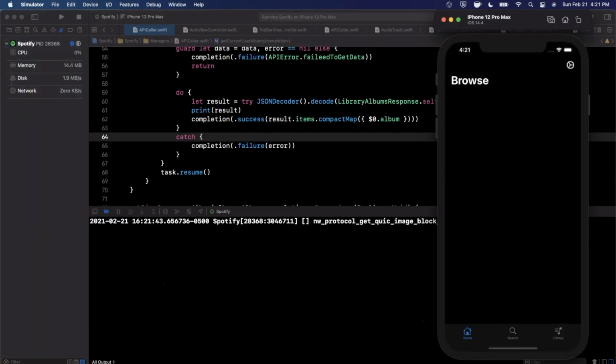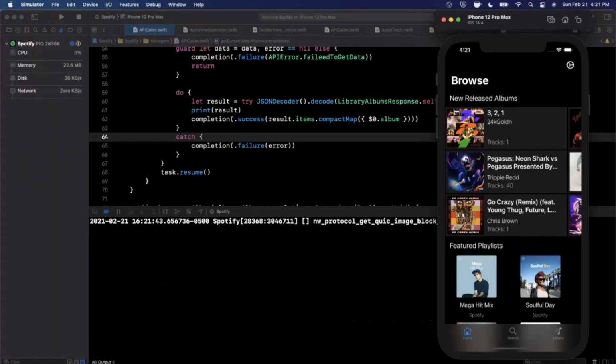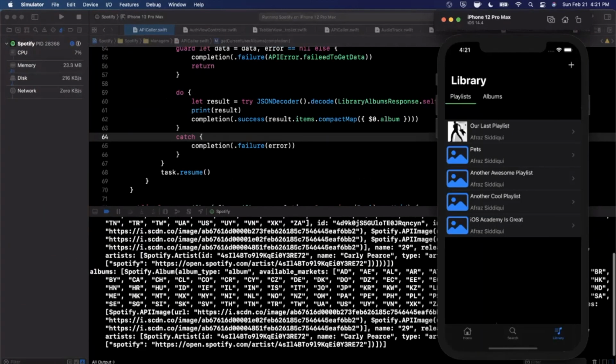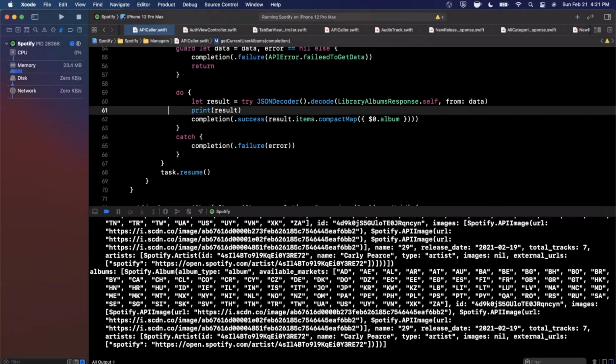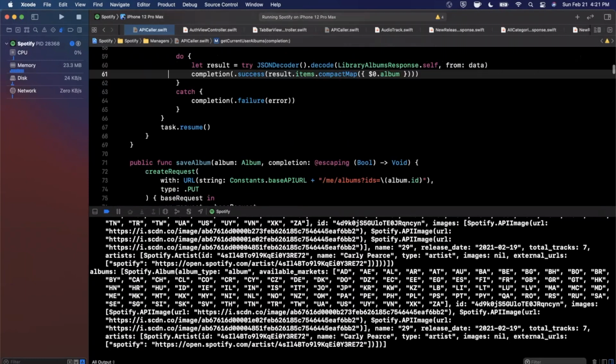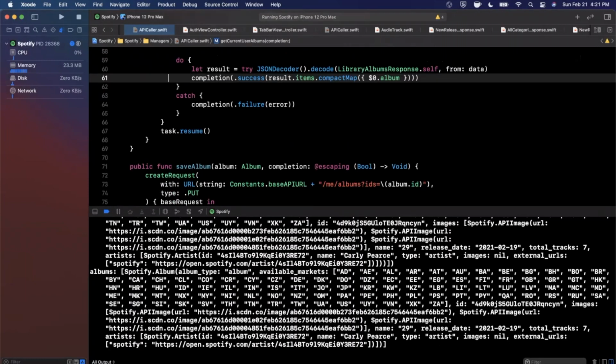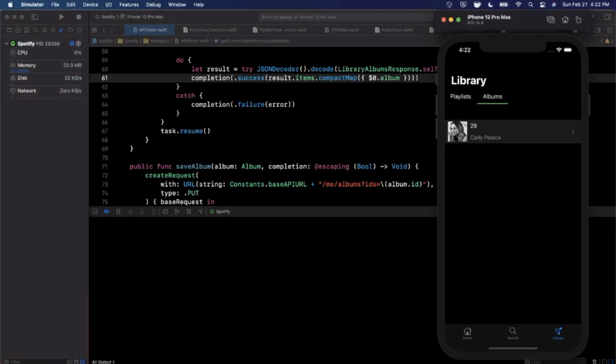Let's go ahead and try this for the 25th time. And we should see hopefully data being printed. Okay, awesome. We're seeing that. If I go to this, we should see our albums, and we do. Look at that, awesome. So let's get rid of all these annoying print statements because those are going to get super annoying super quickly. The last thing we're going to do before we wrap up this video is,